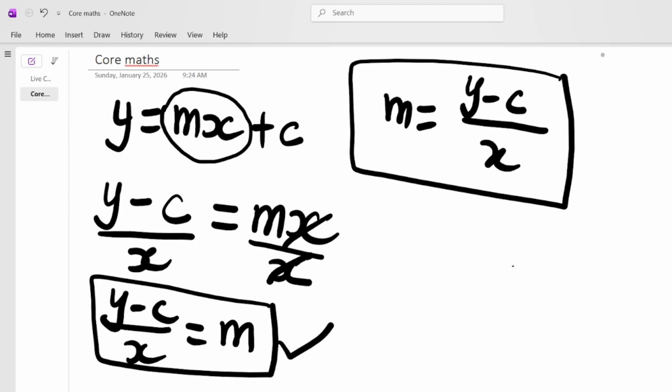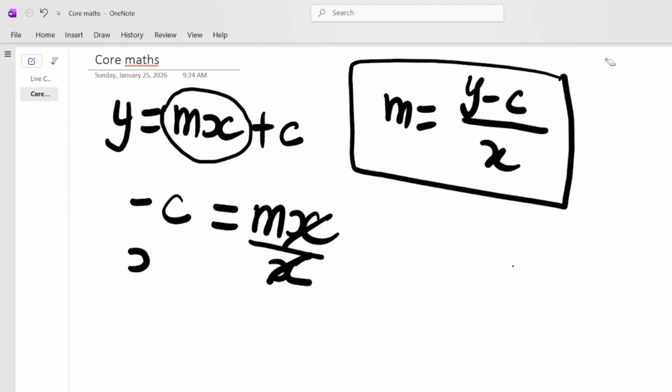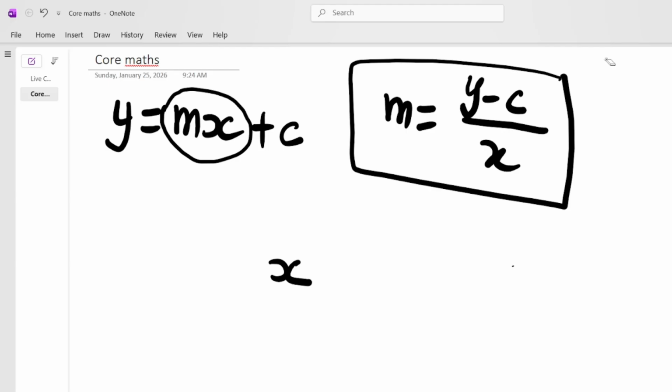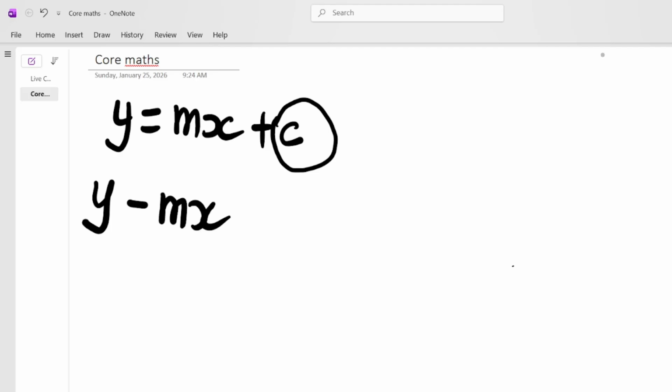All right, so let's now use the same expression to make c the subject. With this expression, we know what we are trying to make the subject is c, so we have to locate it first. It is standing alone here, so we need to move the rest of the items to the other side. y is already on the other side, mx is coming, so we have negative mx, equal